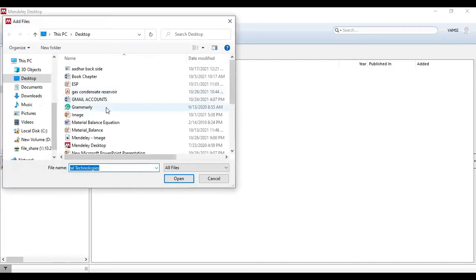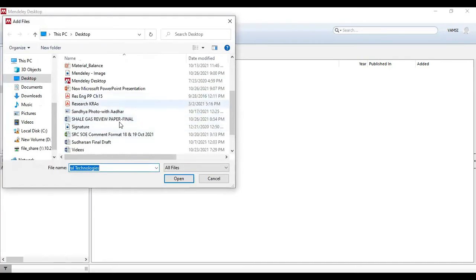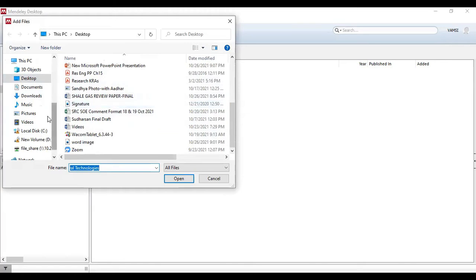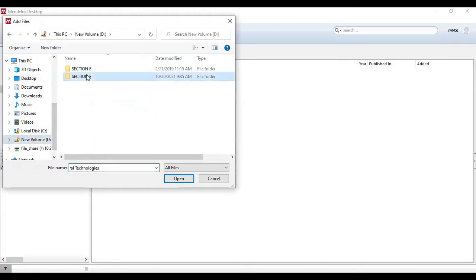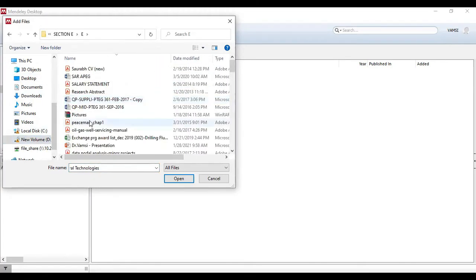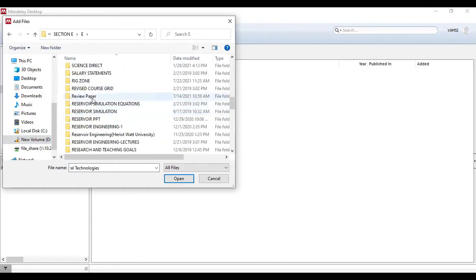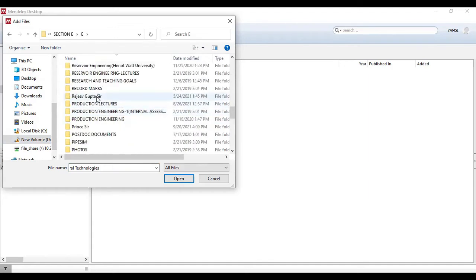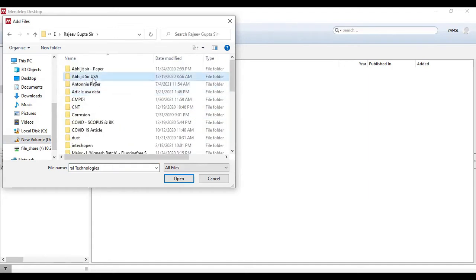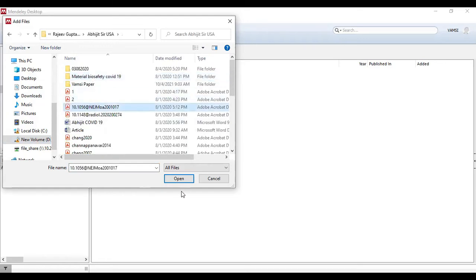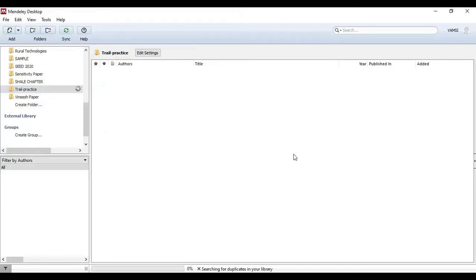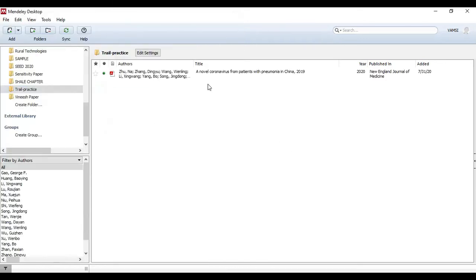Now I will add any research paper. I'm adding one paper over here, and it came over here. That means the paper which has been taken from my laptop came automatically into my Mendeley.